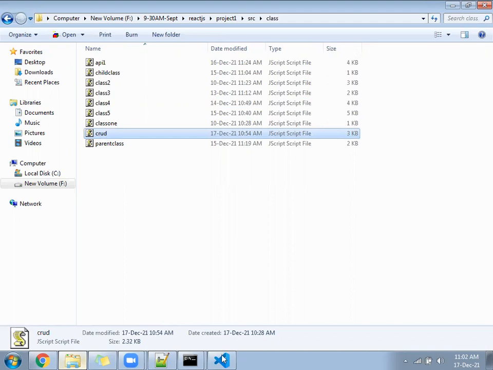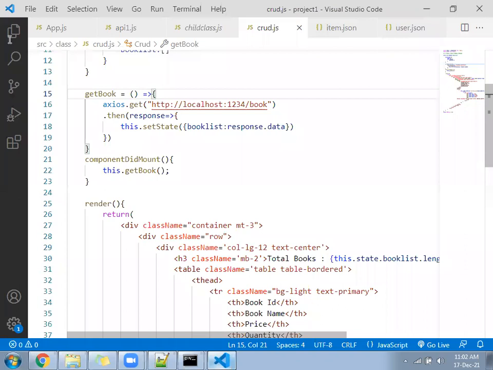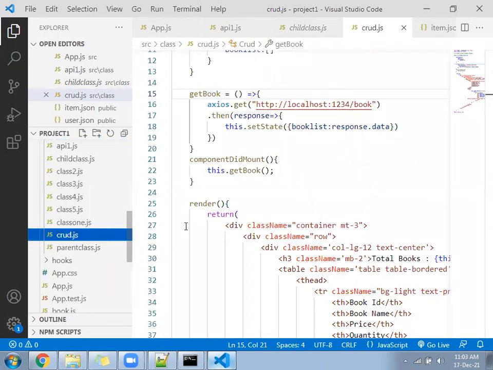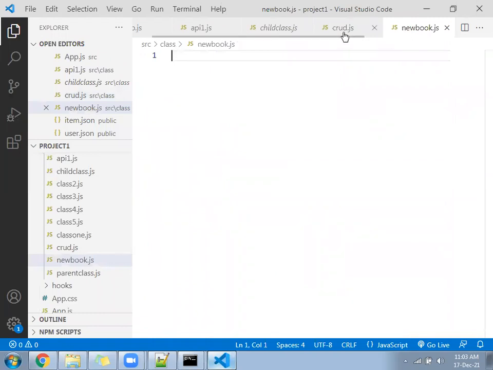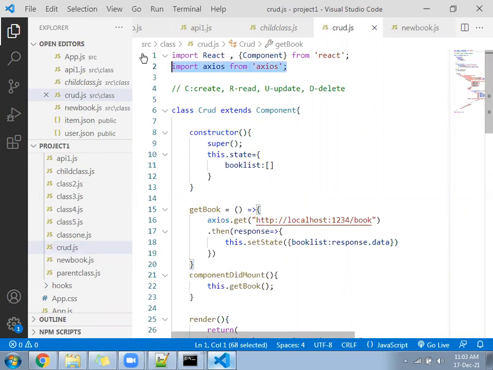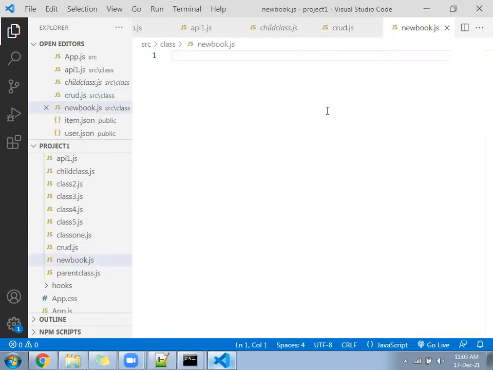Now you create the new file called newbook.js, under the class component only. Here again, you have to import your component and Axios both.